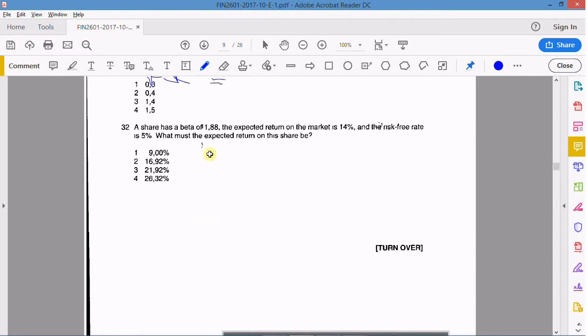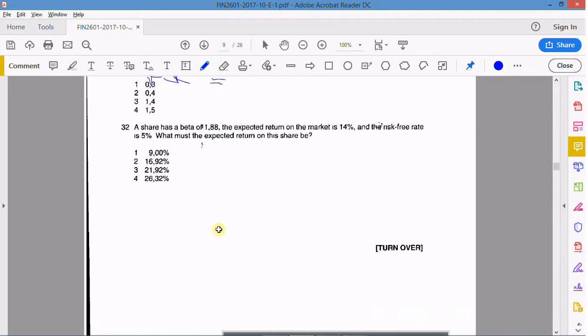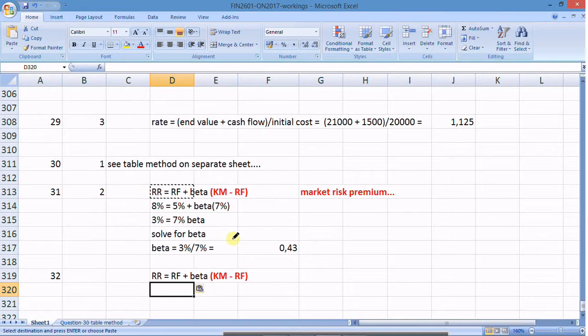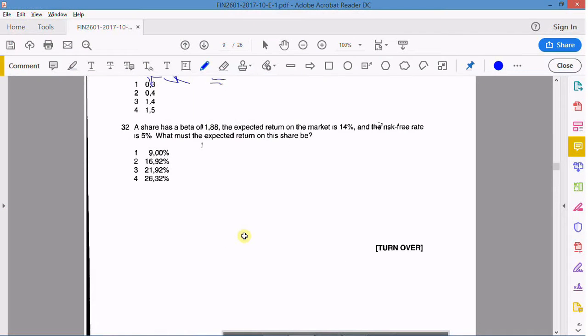Right, a share has a beta of that, expected return of that, and a risk-free of that. What is the expected return of the share? That's easy. Okay, so you're doing CAPM. Required return equals risk-free. Let's just copy this, paste. Okay, so share has a beta of 1.88. Okay, so R equals, what is risk-free? Risk-free is 5%. So 5